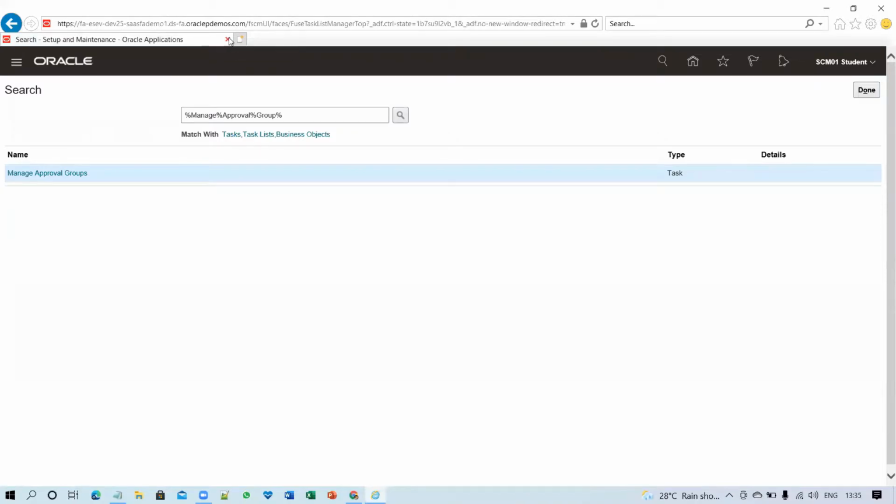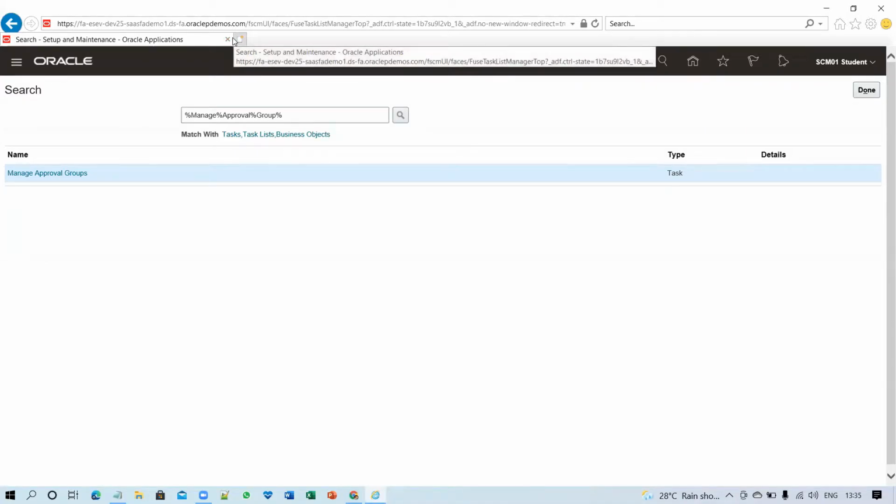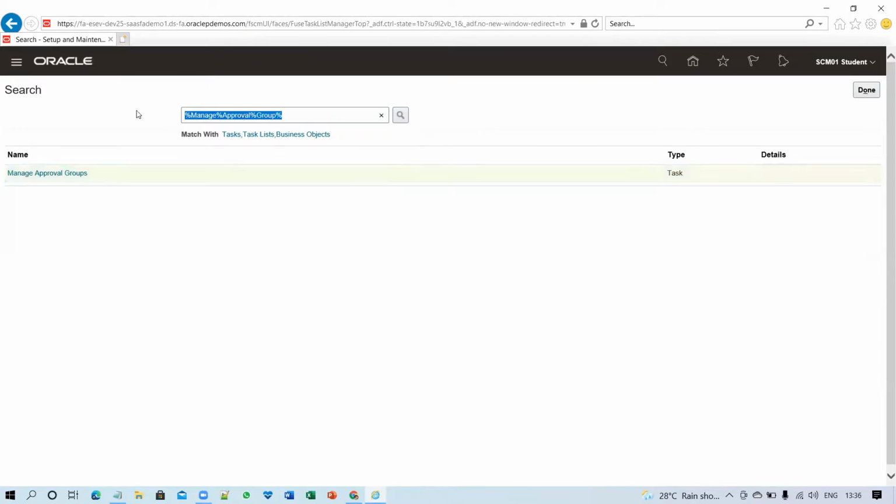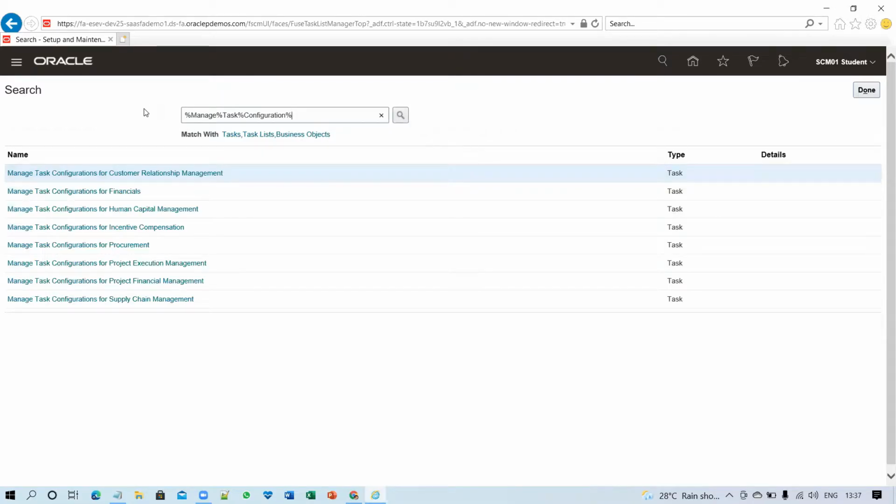Once you close the BPM work list, you have to go to the BPM work list again. For that, you have to type and search the task. So you have to type your task starting with manage task configuration and try to search.